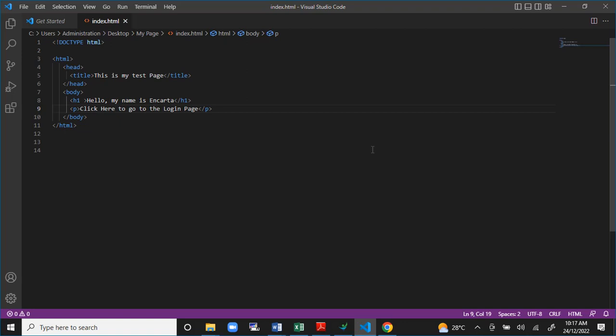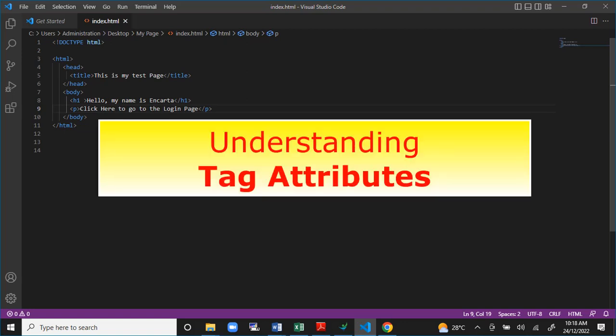This happens to be our third class. The first class we looked at understanding the basics of HTML, and in the second part we brought in Visual Studio Code and we looked at some of the tags we can use to display information on our page. Now in this class we are going to look at what we call tag attributes, but before we start